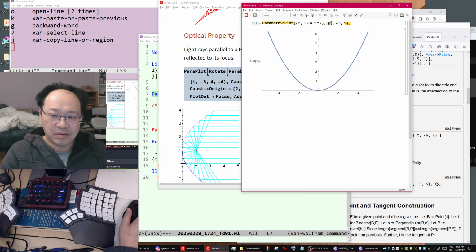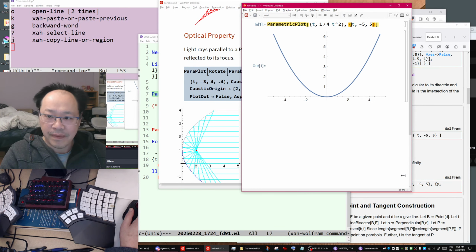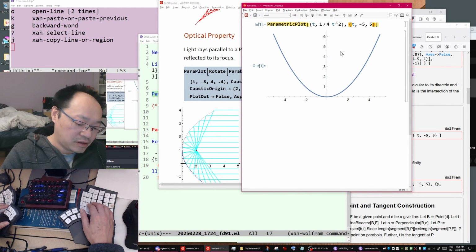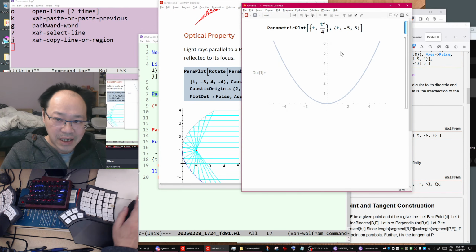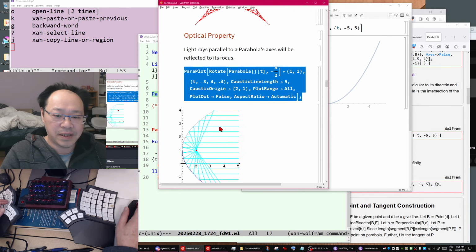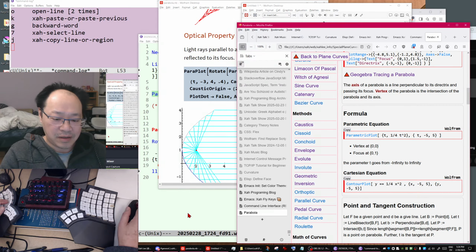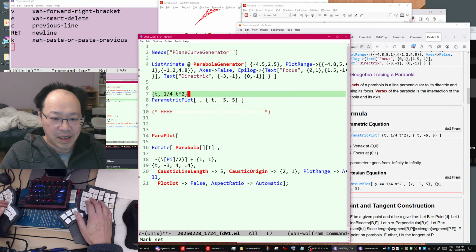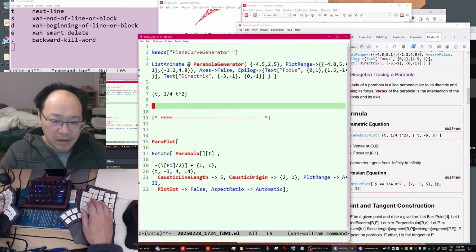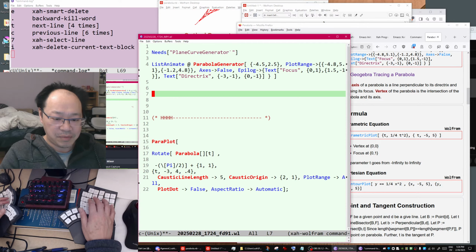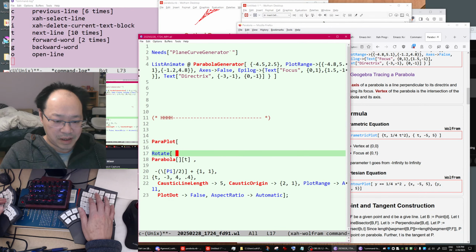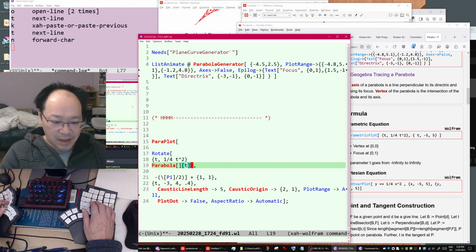Now let's magnify so you can see better. Now press Shift Control N to make it typeset. Now it's better. What we want to do is, so we got a formula. The formula is that. So we got the formula, and this formula will replace this part. It's just that.